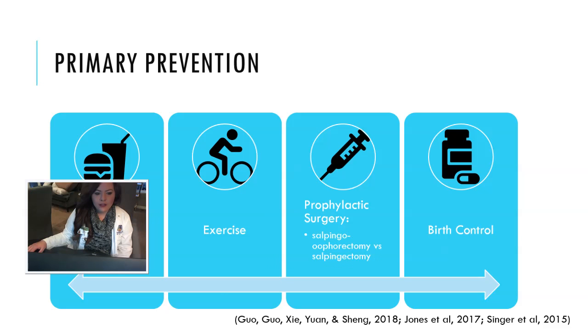Now, as our knowledge of the origin of ovarian cancer has grown to include that it develops in the fallopian tubes, discussion about just removing the fallopian tubes is emerging as a primary prevention measure. With my current knowledge of ovarian cancer, I would suggest that instead of having the tubes tied, surgical removal of the tubes should be considered as a contraceptive and preventative measure in our patients who are desiring permanent contraception.